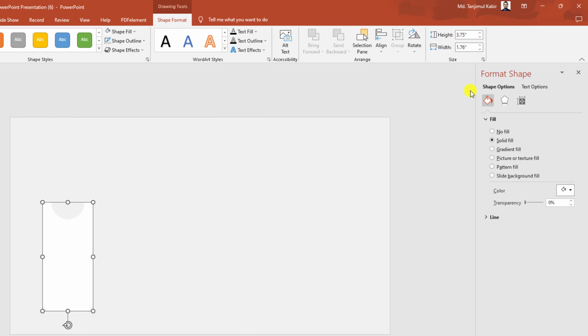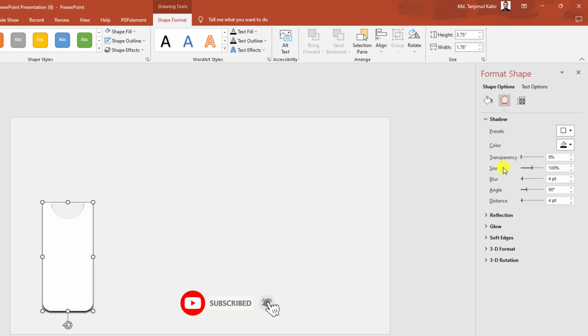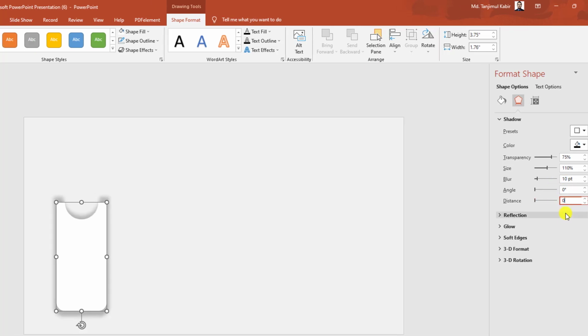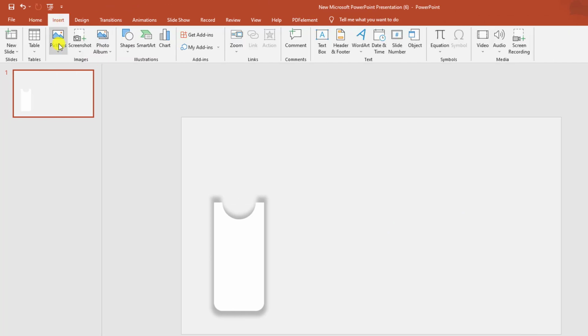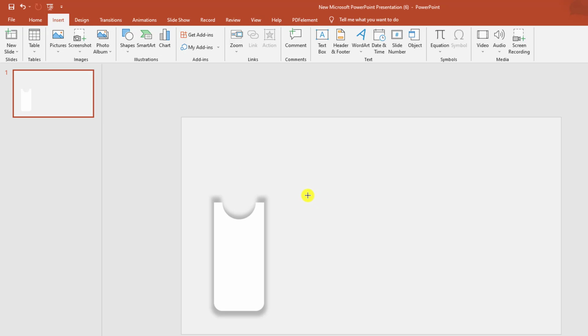Now from shape format, go to effect, go to shadow, select the color black, change the transparency to 75%, change the size to 110%, change the blur to 10%, change the angle to 0% and change the distance to 0%. Now again go to insert, go to shape, pick a top corner rectangle shape and drag it like this